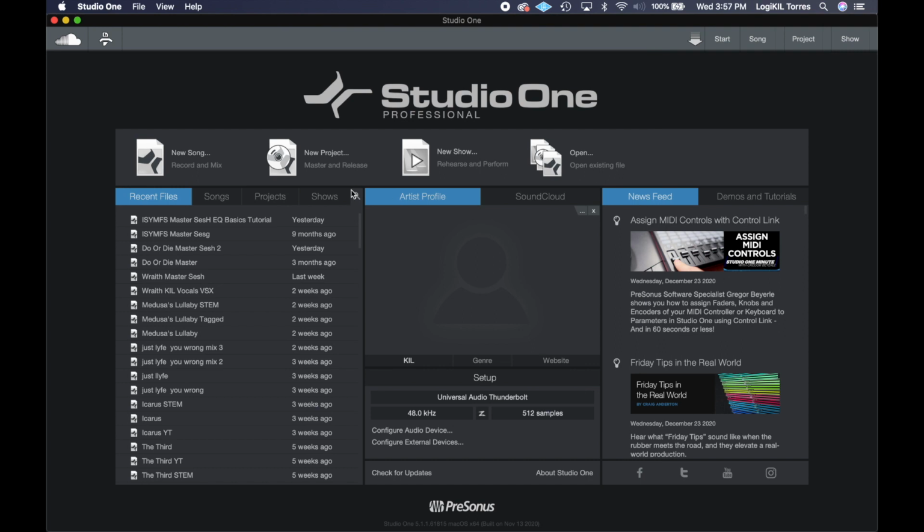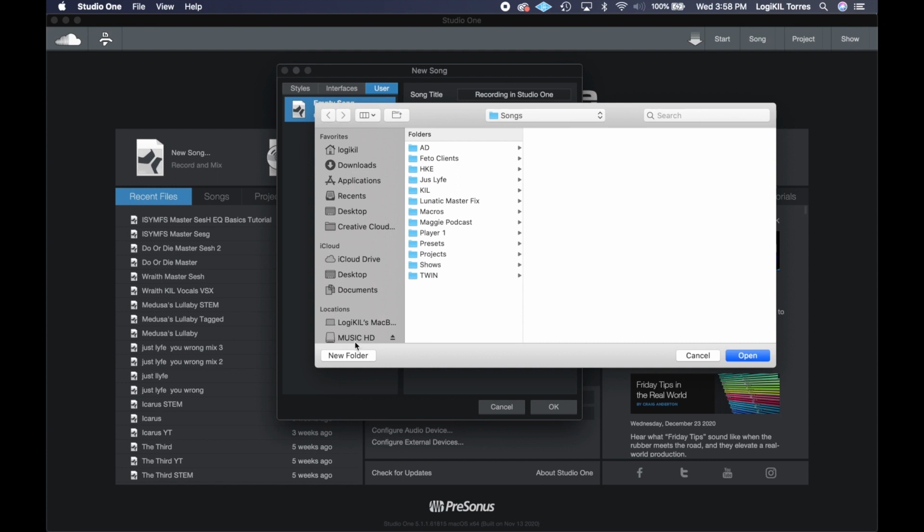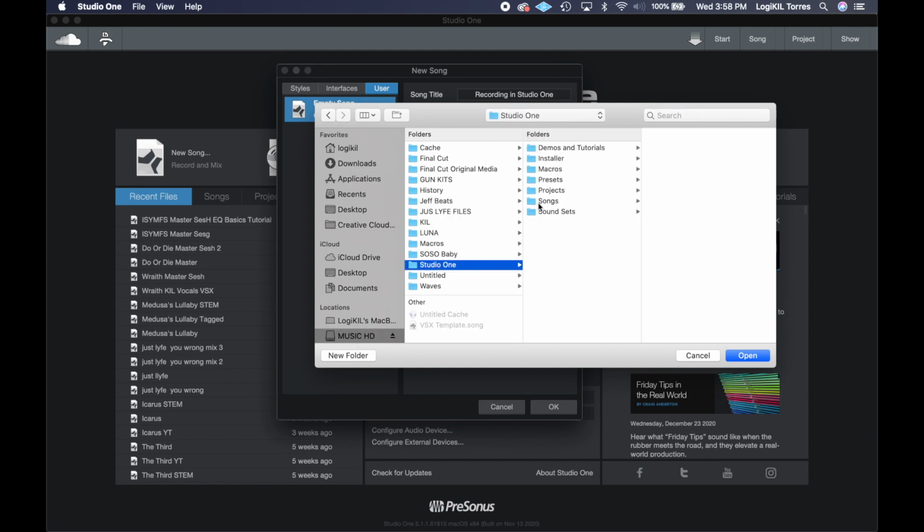So, okay, with that out of the way, now we can go to new song. And we go ahead and name this Recording in Studio One. Now we hit this. So here's what you want to do, right? I already had it set to Music HD, Studio One songs, but it's good practice to make a folder,